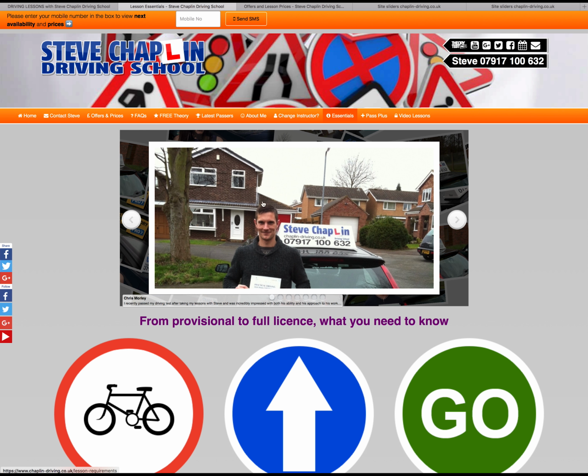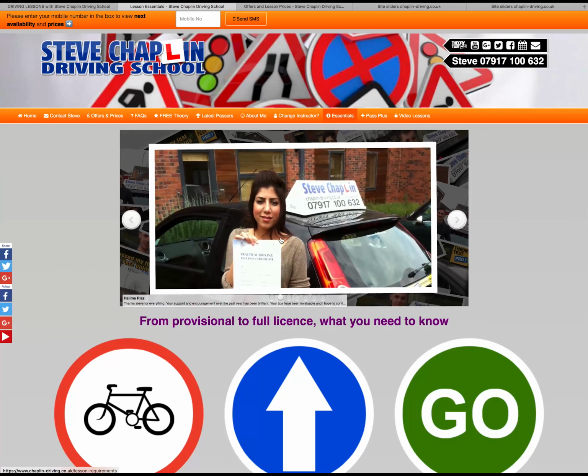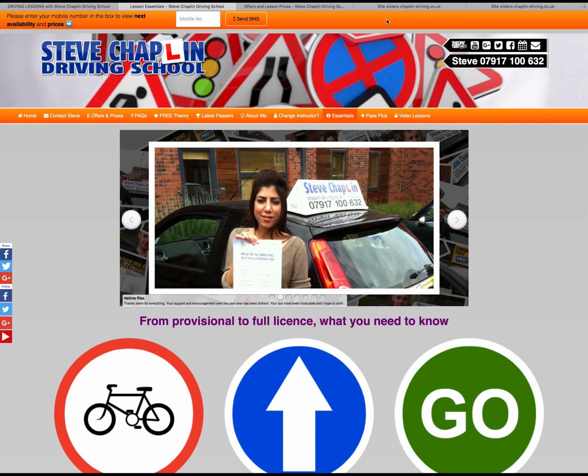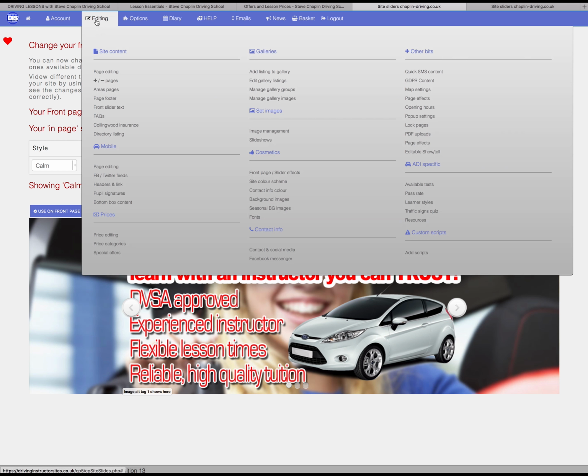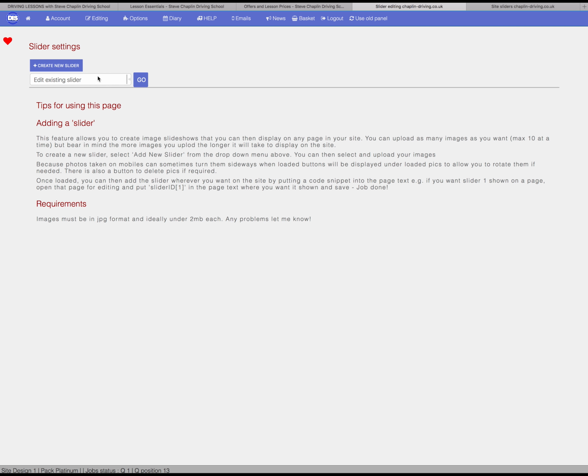Now what you want to do, of course, is actually set the content, tell it which images you want to use. So back in the panel, if we go to editing and slideshows, and what you can do is you can create a new slider, or you can edit an existing one. So here let's use the one that's on there. So if we go to lesson essentials here, that's what Steve's called it, and we just click on go,